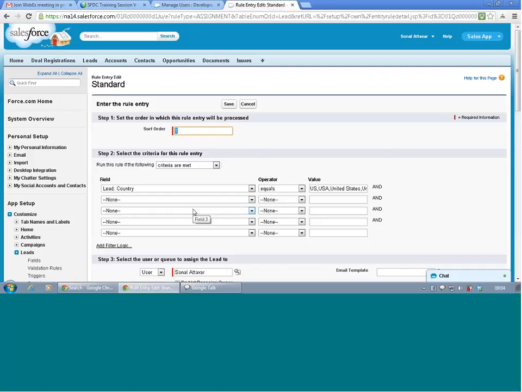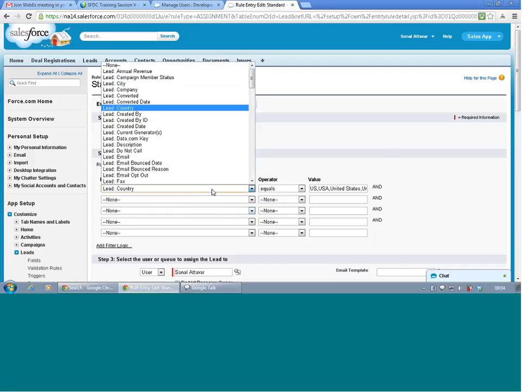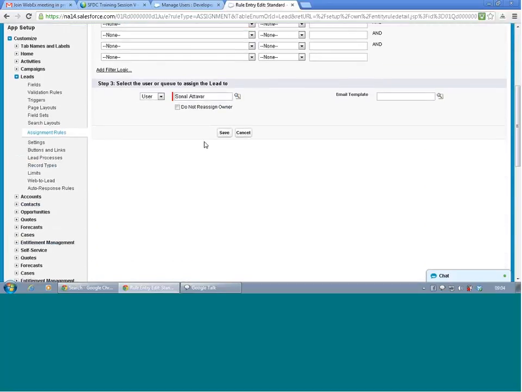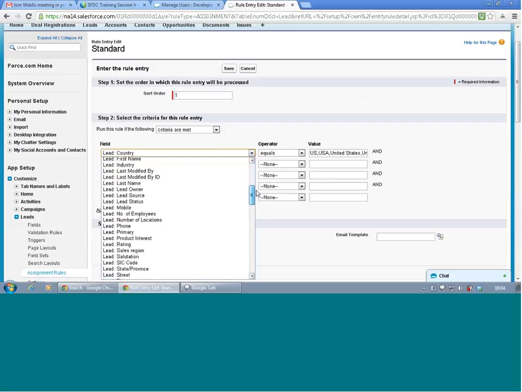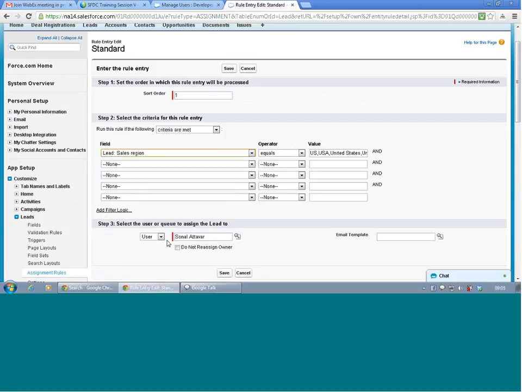Instead of lead country, you can select the lead sales region, and equals US-West.